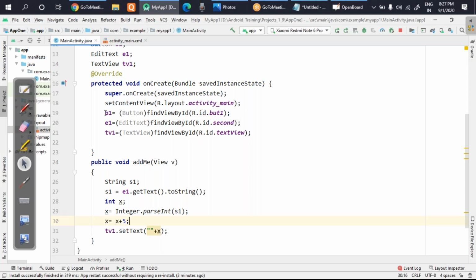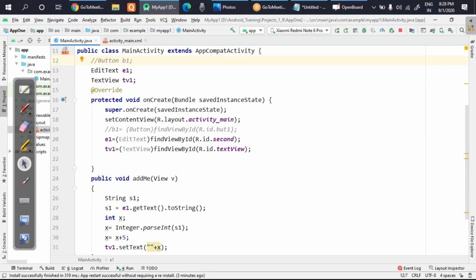There is no need, I mean, you can comment it also. As you can see, I have not used it. So if you are not creating it also, then no problem. But there are some processes through which we can use buttons later on. I will come to that. In this project, variable B1 and the linking part is not required. Sambit, I hope it's clear to you.